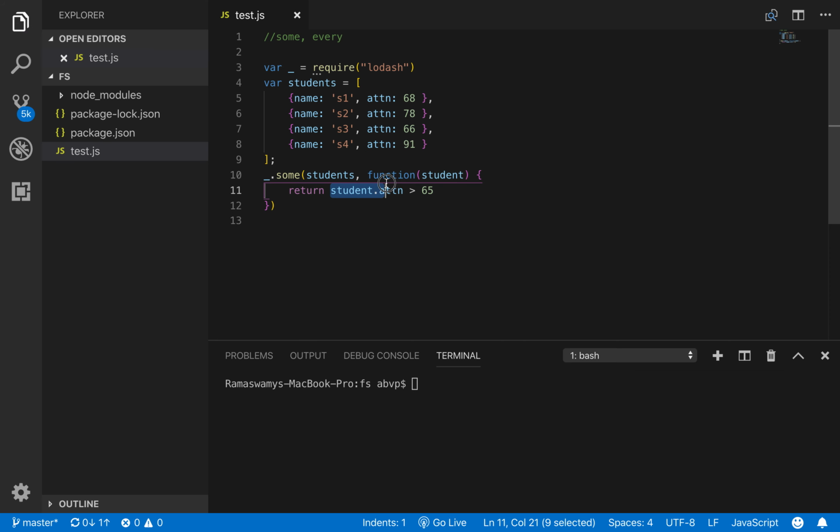So if the attendance of the student is greater than 65, we return true, and thus some will return true. So let us save that boolean value in a variable, say variable someAttendanceOk.